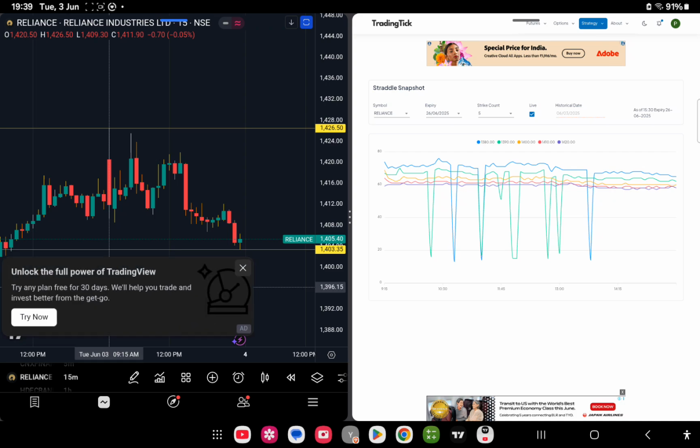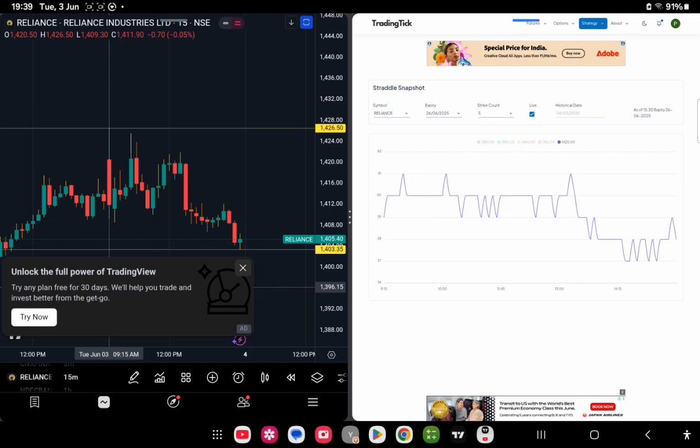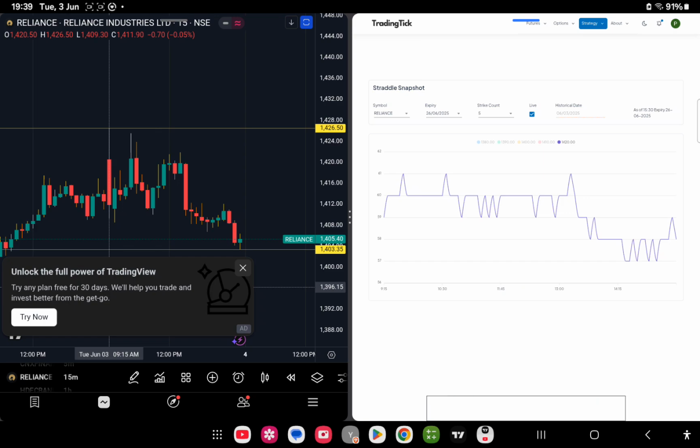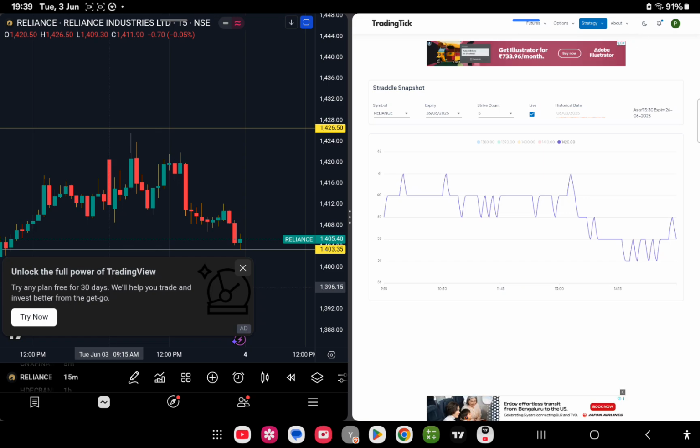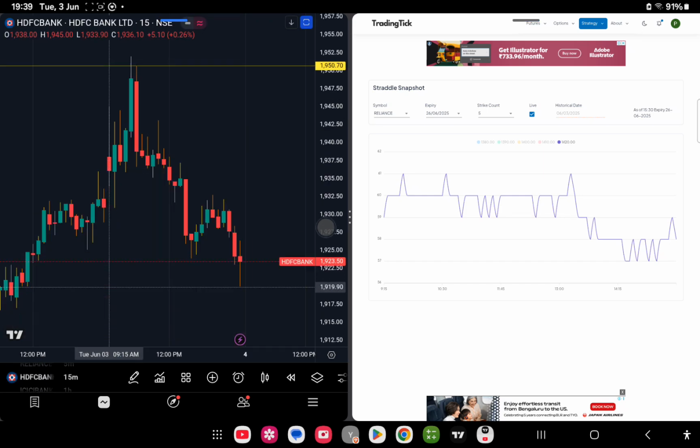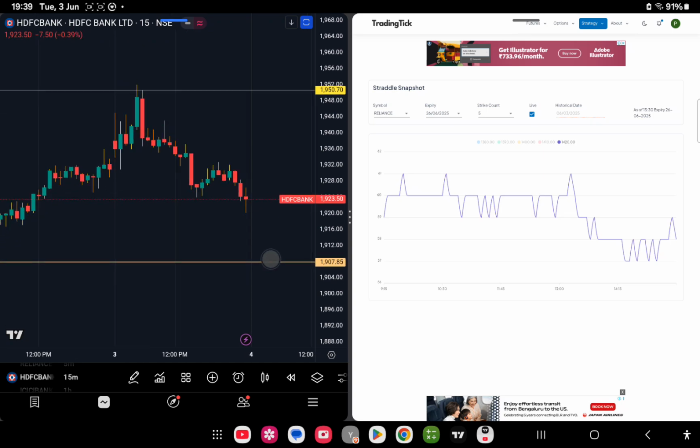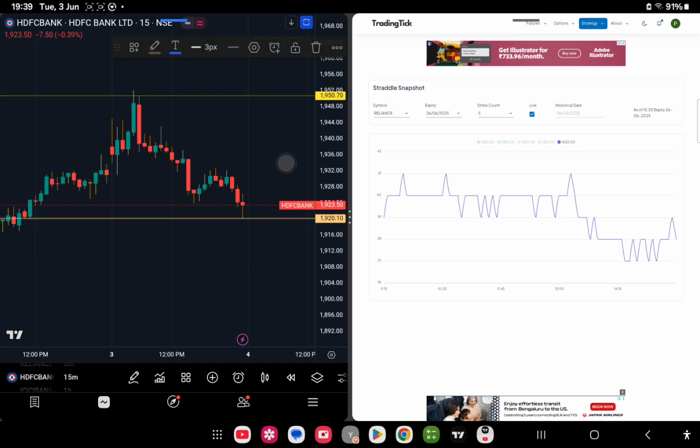So 1420, so the purple line. So you see it was a positive decay. So it's a positive decay for Reliance. Now we'll go and check for HDFC Bank. So this is for HDFC Bank, and then you could clearly see it was an inside candle indeed, and this